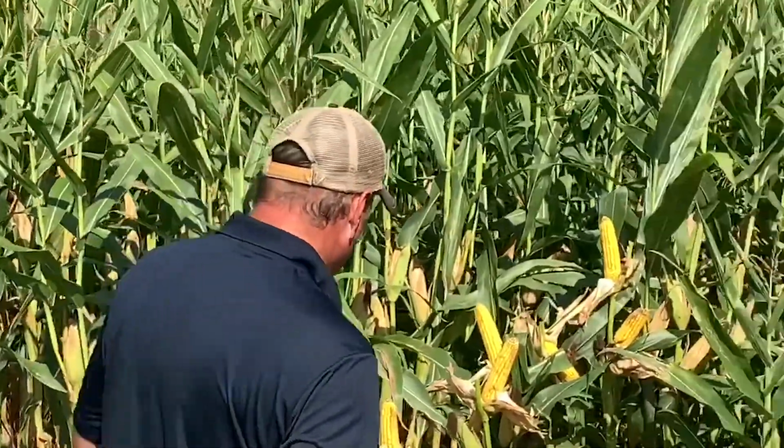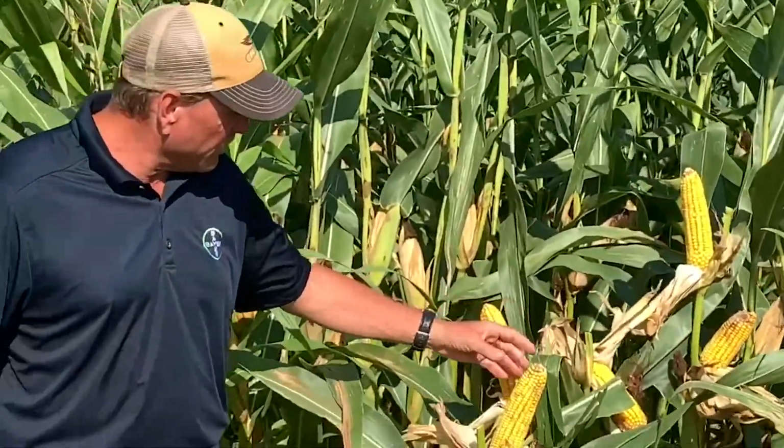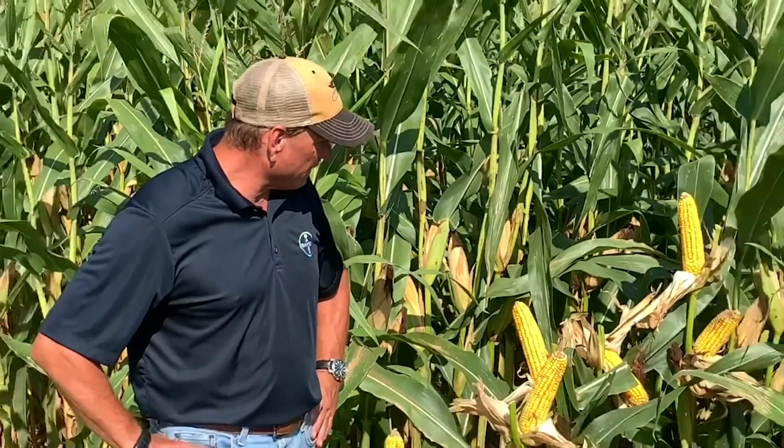And again, folks, to take away from this one, this is not a corn for every acre by no means, but it's used as a tool on that toughest ground, on those most stress-prone acres in our environments. Absolutely. Take a quick look at it here behind me. It's got a good flex to it. We've had some rain here, but again, it's a tool for us to use if we need it in our